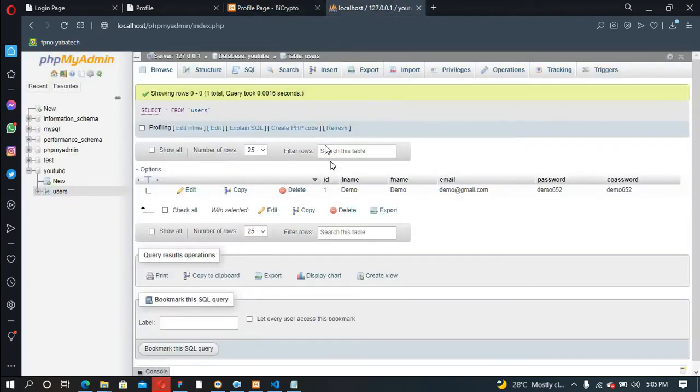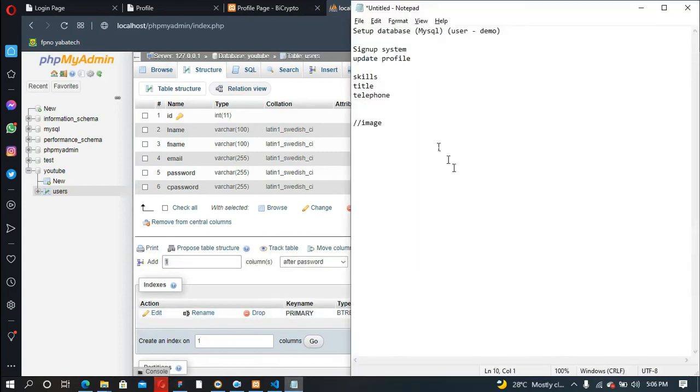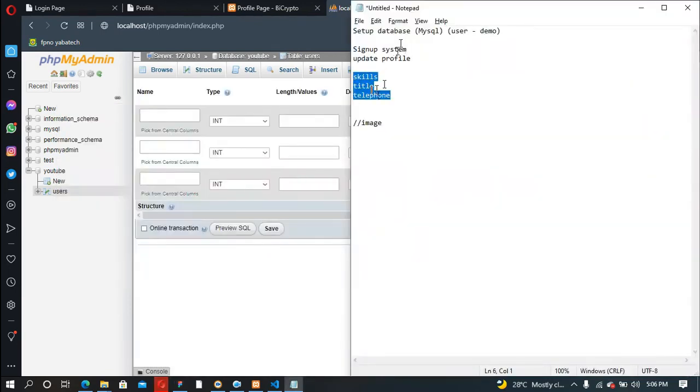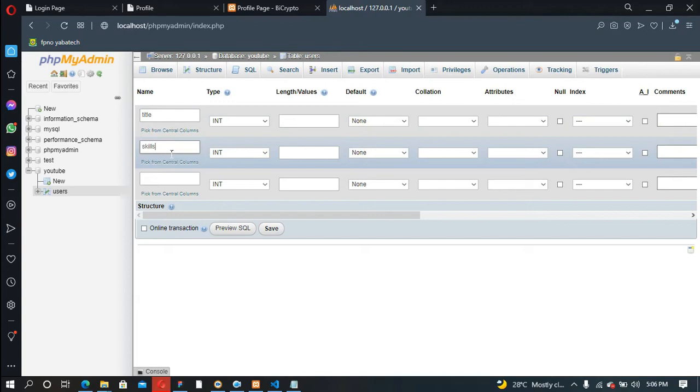So what we're just gonna do now is expand our database structure. We're gonna put everything now, which will include skills, title, and telephone, right before the parser, that is after email, right here. So I'm gonna make this 3. Continue. Okay, so we wanna have skills, title, and telephone. We're gonna grab title, grab skills,